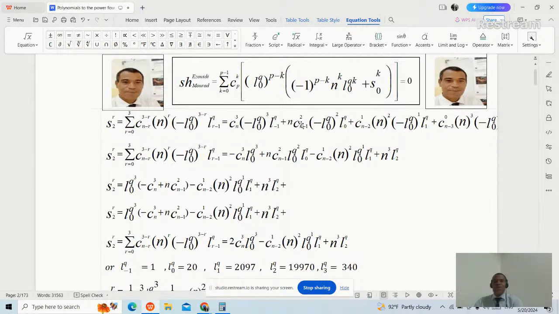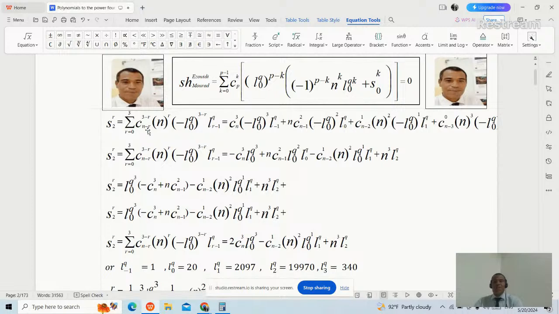I wrote it here. Combination n minus 1 choose 2, then times n raised to the power 1, or just n, times minus L0 of order q, 3 minus 1 is 2, times L0 of order q, because 1 minus 1 is 0, that's why here we put 0. Then plus when r equal 2, 3 minus 2 is 1, and n minus 2, I wrote it here, 1 and minus 2, then n squared because r is 2. Okay, times minus L0 of order q raised to the power 3 minus 2 is 1 here, times L1 of order q, because 2 minus 1 is 1,